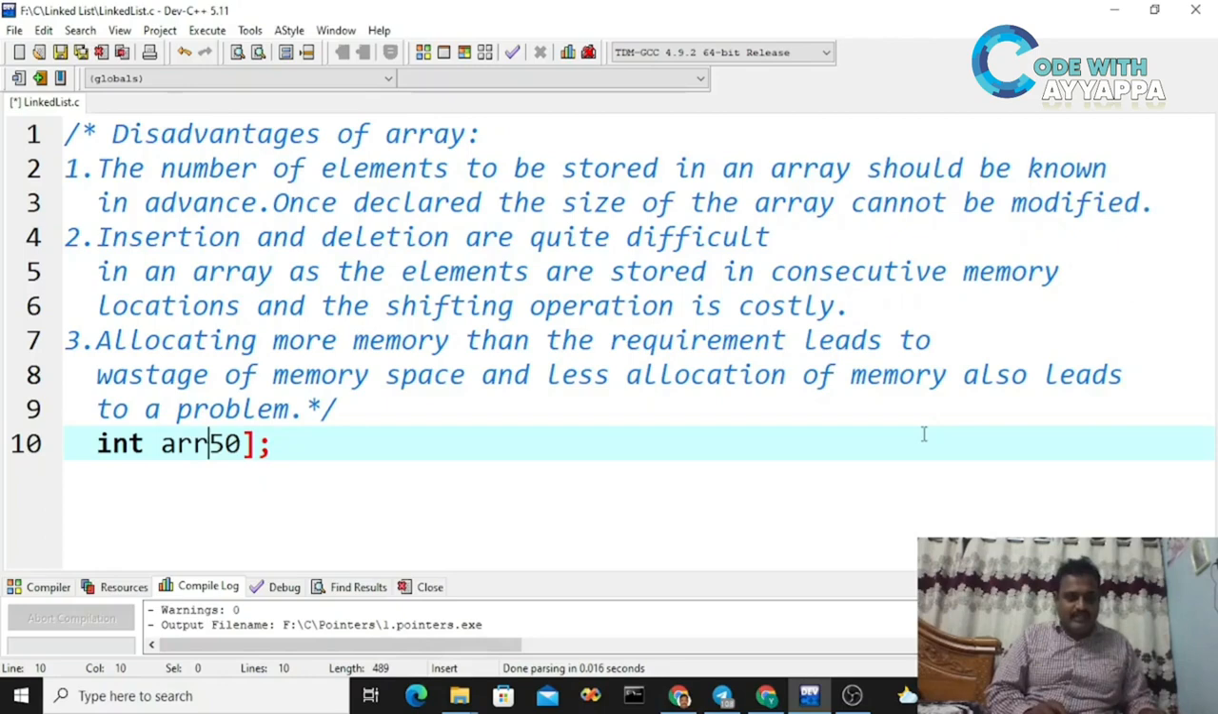And sometimes, suppose I declare only 10, but I require more than 10. Then what will happen? The memory is insufficient. So the main disadvantage of arrays is insufficient memory, and the second disadvantage is that we cannot perform insertion and deletion